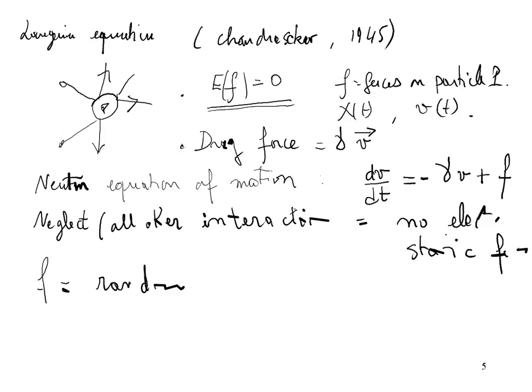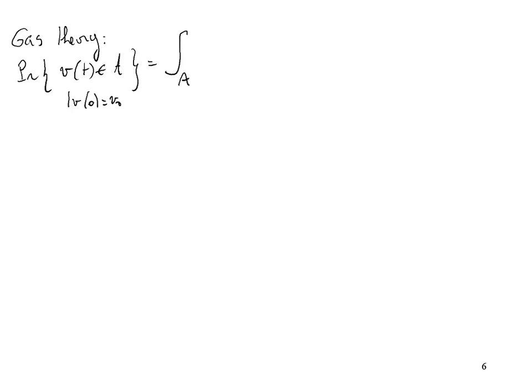So let me remind you that in gas theory, and this is how we are going to consider such a particle, the probability that the velocity v of t belongs, let's say, to a set A, conditioned on v at time 0 equal to v0, is simply the integral of the probability distribution function to switch from v0 to v